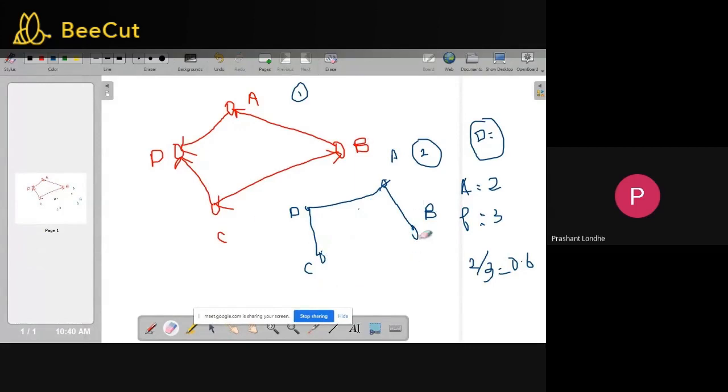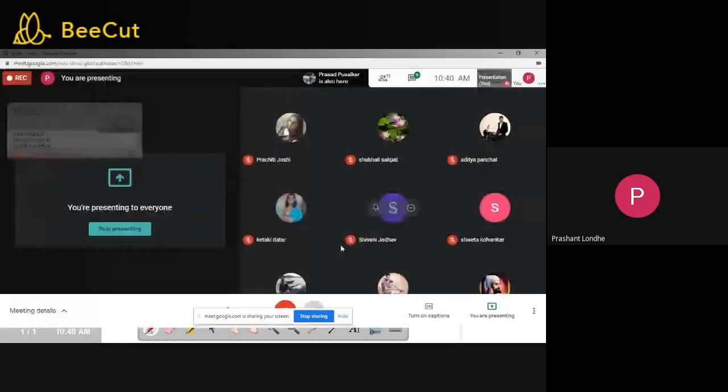Now, let me calculate the density for B. The actual number of edges for node B is equal to 1 and the possible number of edges is equal to 3. So the ratio will be 1 divided by 3, that is 0.3. So in this way you are going to calculate the density. Any query while calculating density?